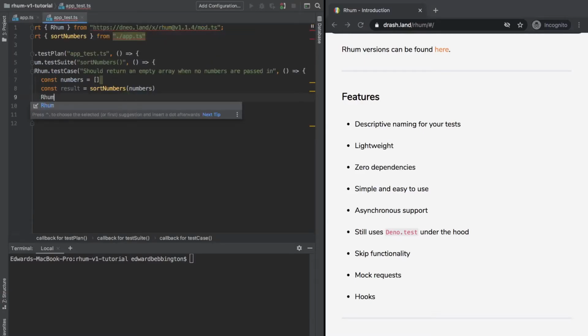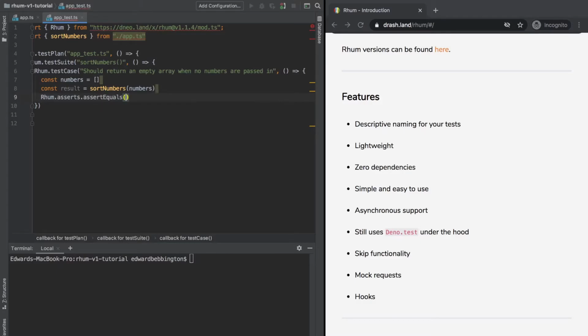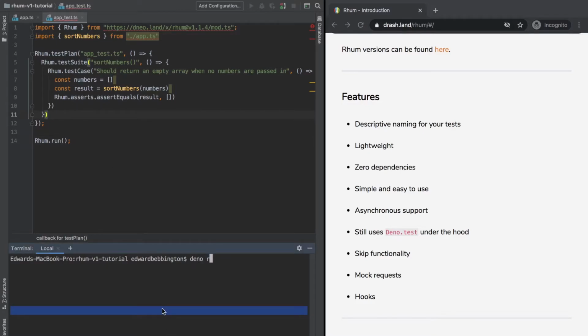So we can assert, and that's another thing I should mention, Rhum holds all of Deno's assertions within its scope, and they're all accessible within Rhum.asserts. So we're just going to use rhum.asserts.assertEquals result, empty array, and then after every test plan we just need to call rhum.run,